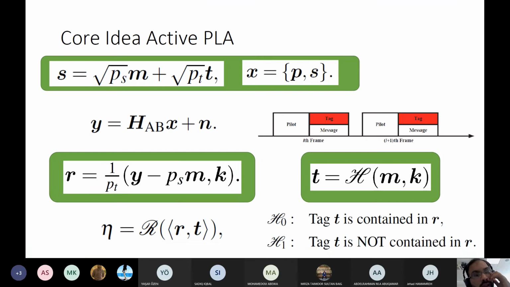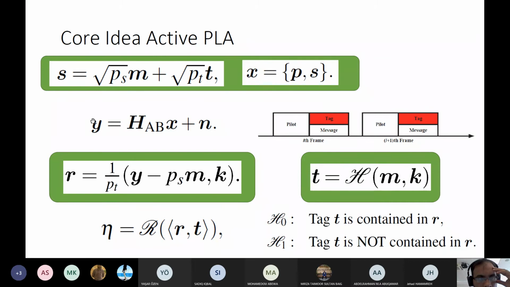Here I want to tell you a little bit deeper about the tag. Look at this M. Let's suppose M is my message, and T is the tag. Like NOMA, where we have a near user and a far user, here I have a message M and the tag signal T. The power of the message is PS and the power of the tag is PT, and you superimpose them.